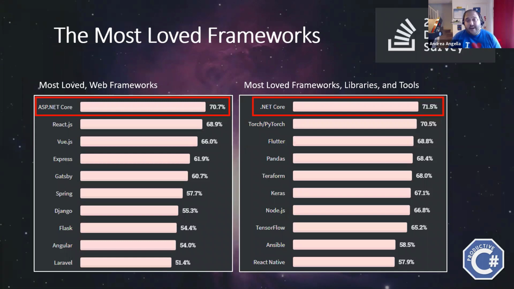Interestingly, the .NET Core framework, that is the runtime C# uses for running the code, is the most loved framework according to the Stack Overflow developer survey. And also ASP.NET Core, that is the Microsoft Web Framework, is also the most loved framework. So it's actually quite amazing to see such a strong interest for the framework by the community and all the